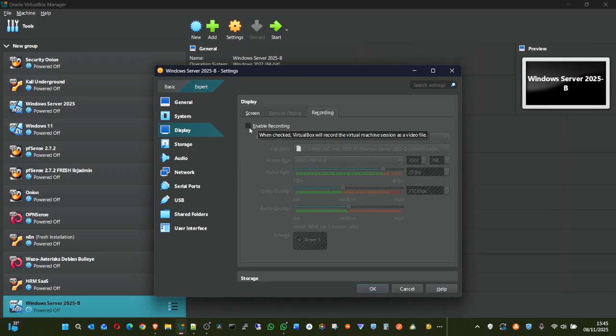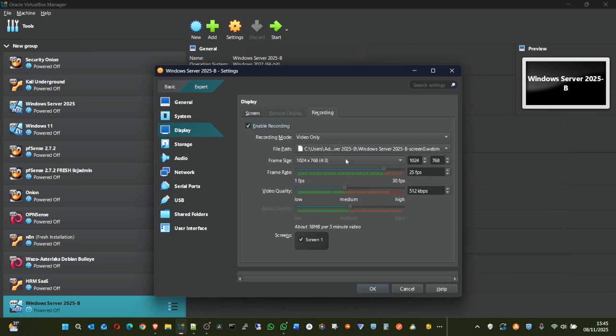You can set it to start recording at the frame where the video will be recorded. Is it only the video, or both video and audio and all that? You can capture all those information and leave it.